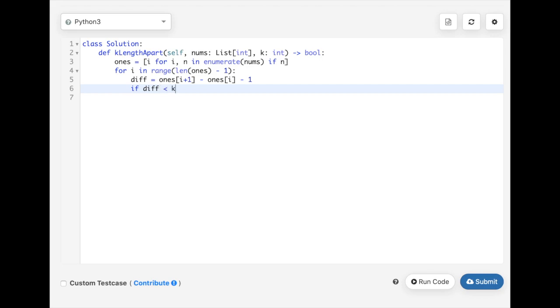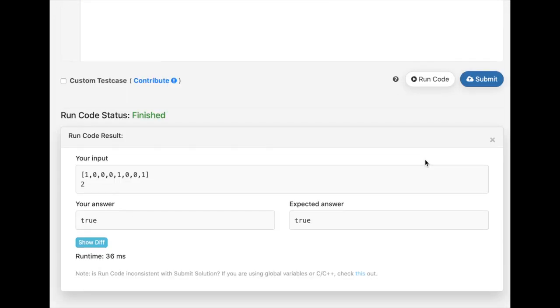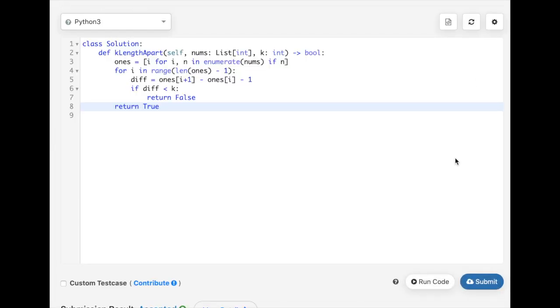So if it's less than k, we can stop this loop early by returning false. Otherwise, we continue checking the next pair of indices. If we go through this whole loop and we never return false, then that means all of the differences are at least k, so we can return true. Let's run our code. Okay, that worked on this test case. We can submit,